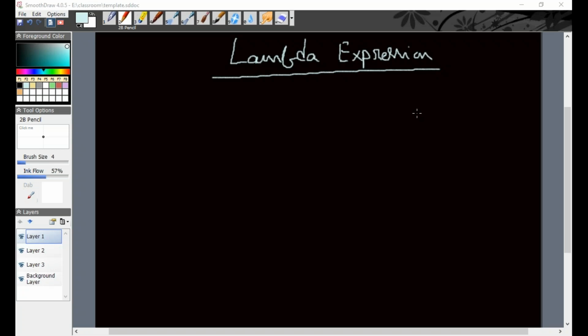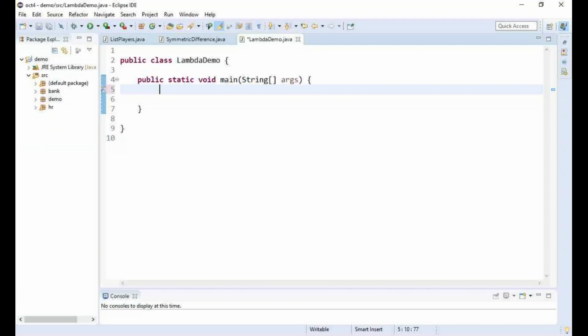I show you different possibilities by taking a simple example. Let's start by creating a simple thread. You know how to create a new thread. In order to create a new thread, we have to either create a subclass of the Thread class and override the run method. That is one possibility. Alternatively, you can create an object of the Thread class and provide an object that is implementing